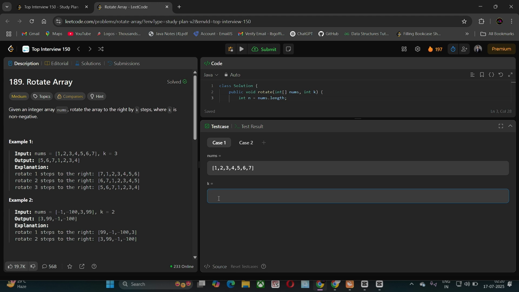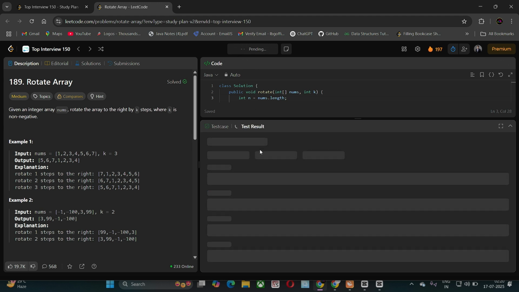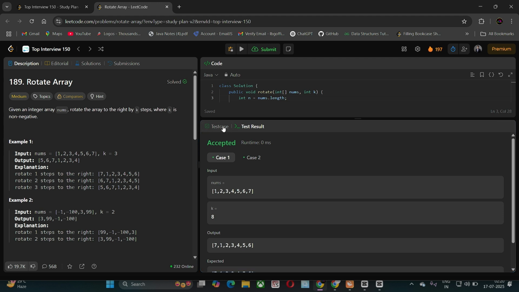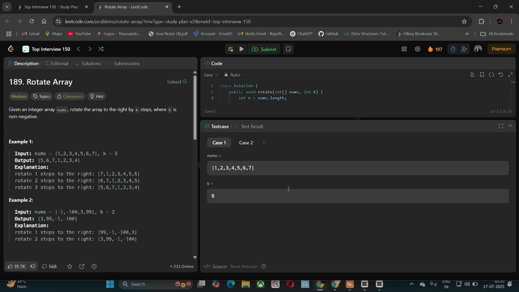If I use k greater than 7, because in my array the elements are 7, and in any other case the input array is 9 and our k is 3.